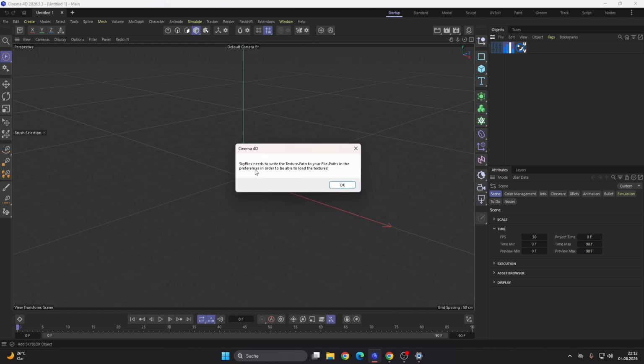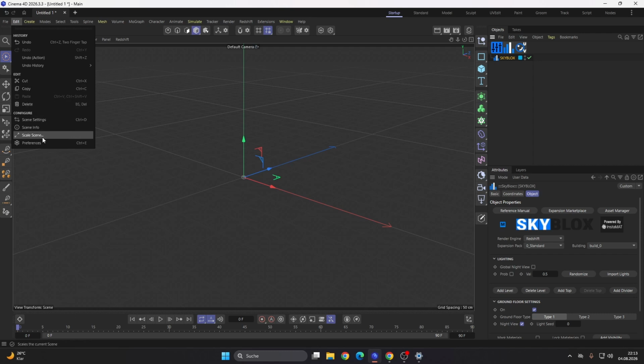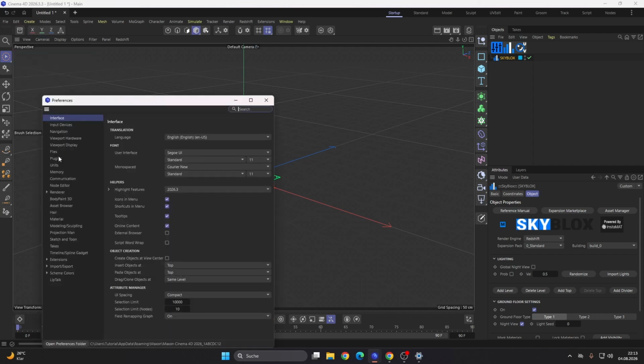And it says Skyblocks needs to write the texture path into your file path in the preferences in order to be able to load the textures. All textures in Skyblocks use relative file paths. So they don't use absolute paths. So that's the reason why they have to be added to the preferences paths here.